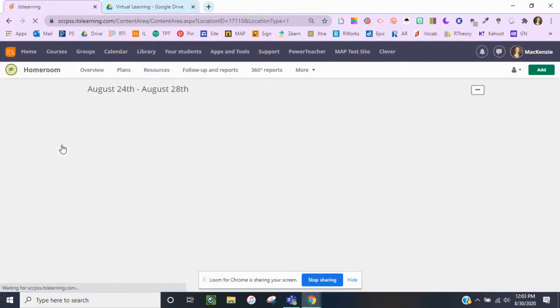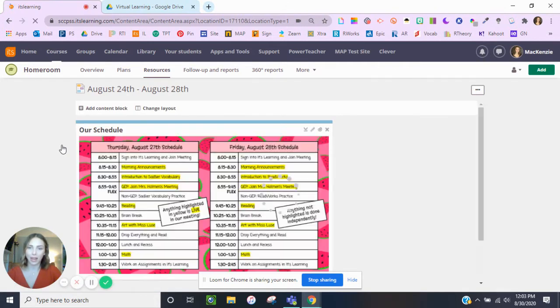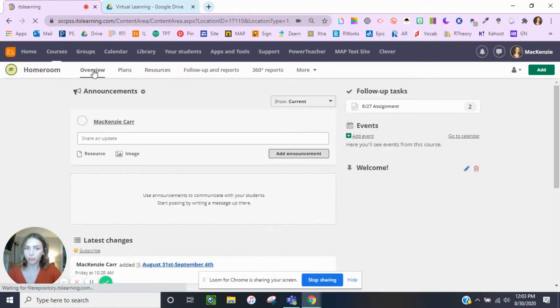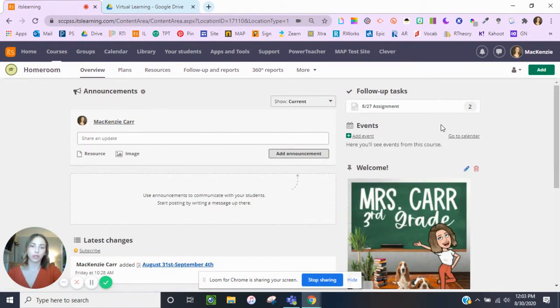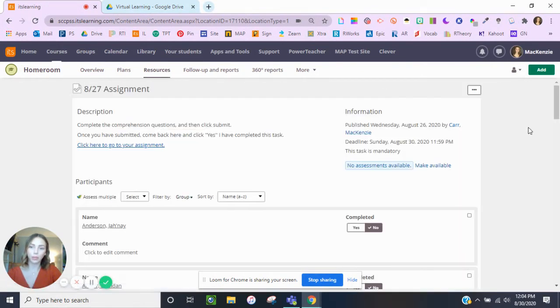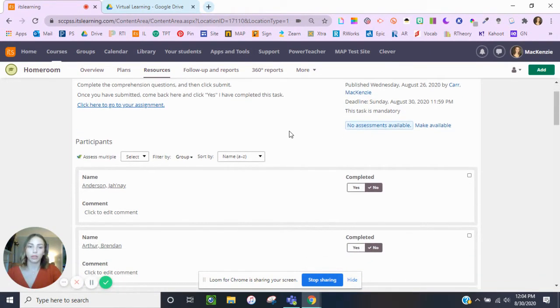remember that whenever I open up my tile, it's always going to go to the page that you have set as your start page. What I want to do is I want to go into Overview, and what that does is it shows me the follow-up tasks in the right top corner of your screen. So you would click on the follow-up tasks, and this is actually a task that the students have completed instead